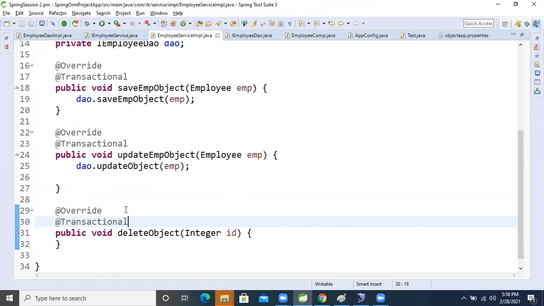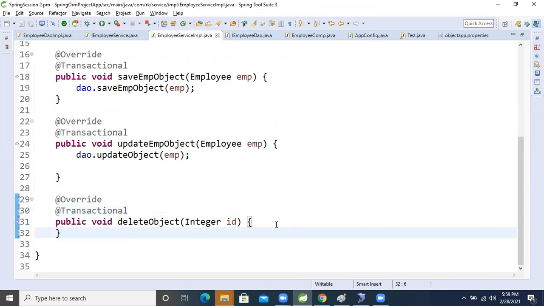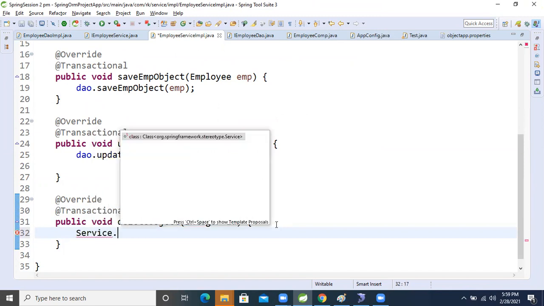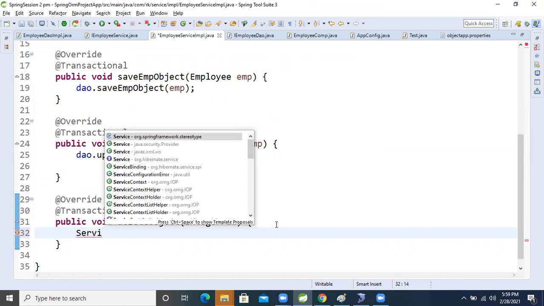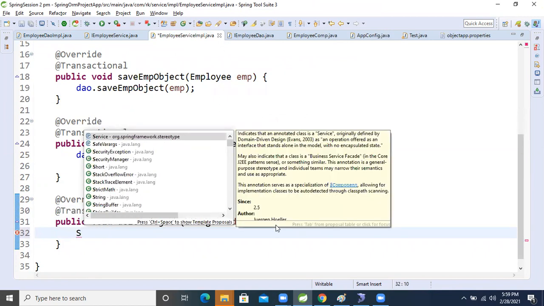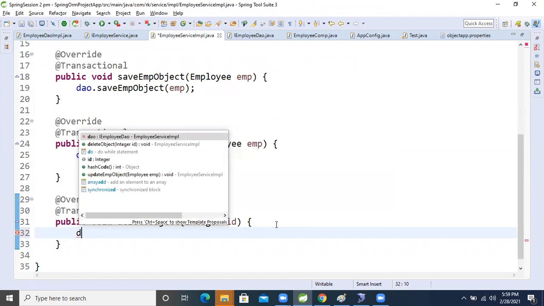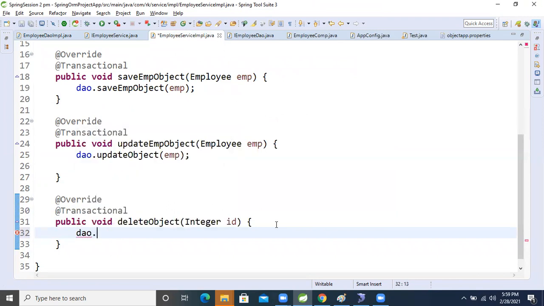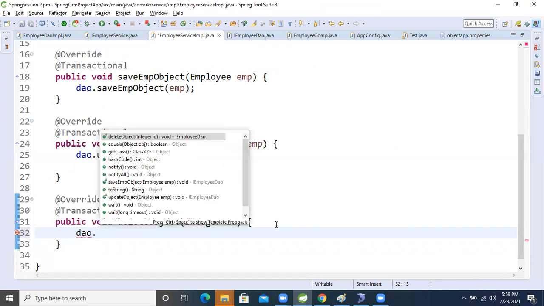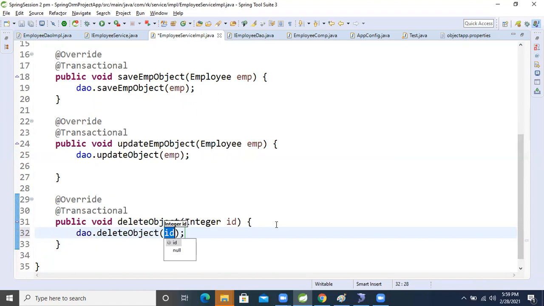Okay, so now we will call that method, using, sorry, dao, right? Dao is there. dao dot delete method, we will call that delete method and we will pass that.